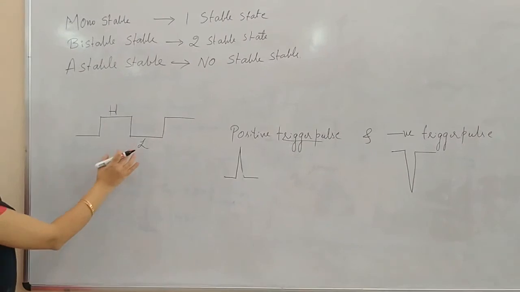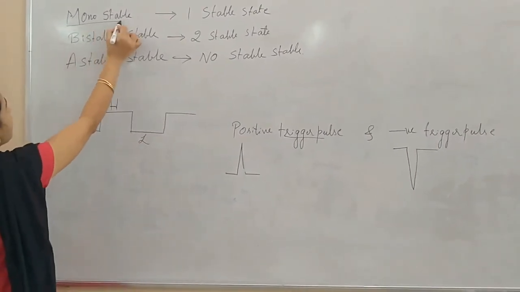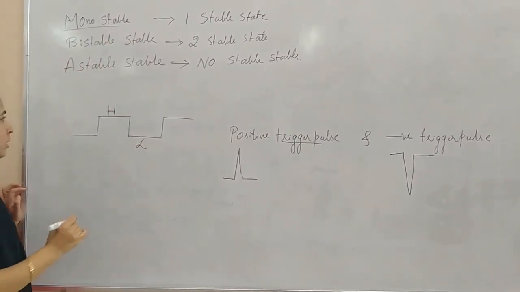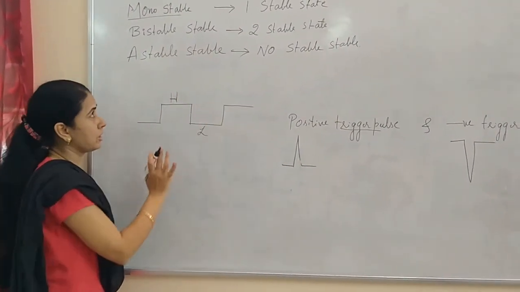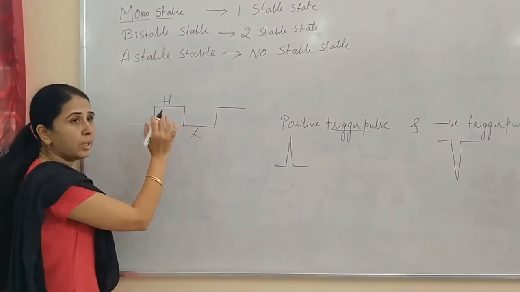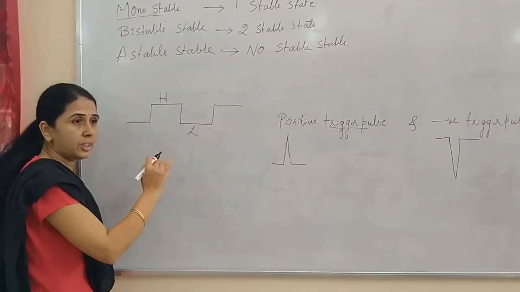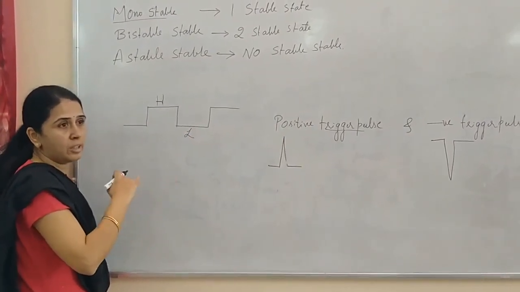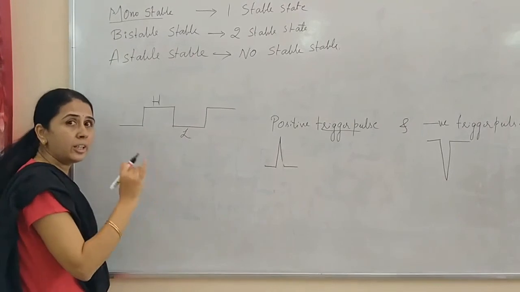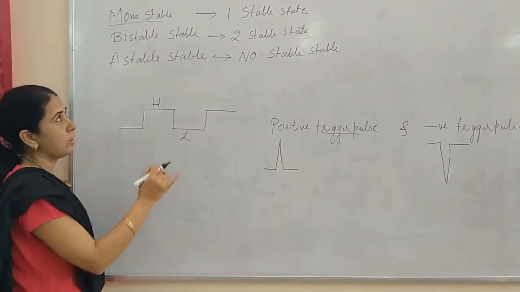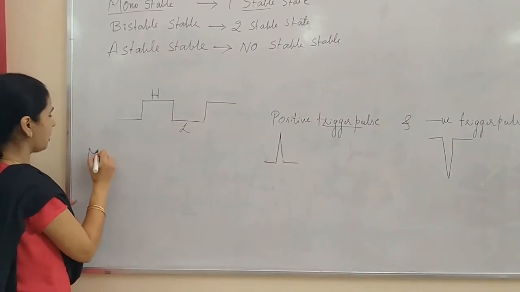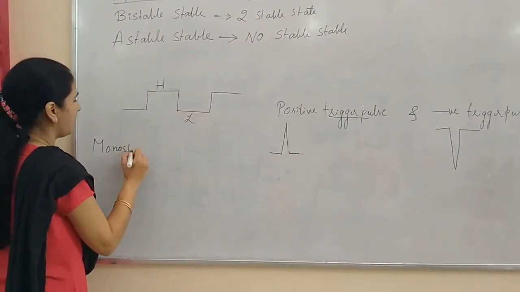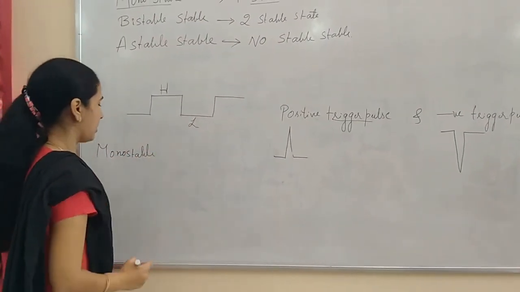So before going further, with this idea, we will see what a monostable state is. A stable state is this: out of two states, we have a high state and a low state. If it remains in any one of the states for a very long time, or for an infinite time, until we give a trigger pulse, then it is called a stable state. Coming to the monostable, I said only one stable state. Meaning,